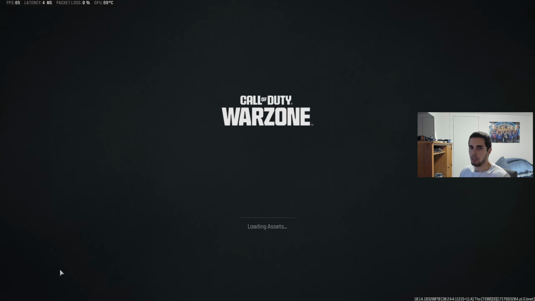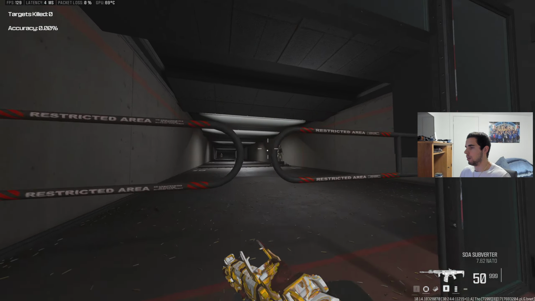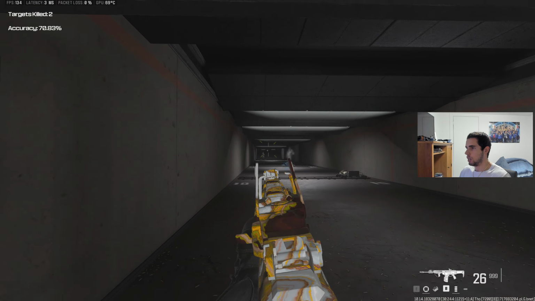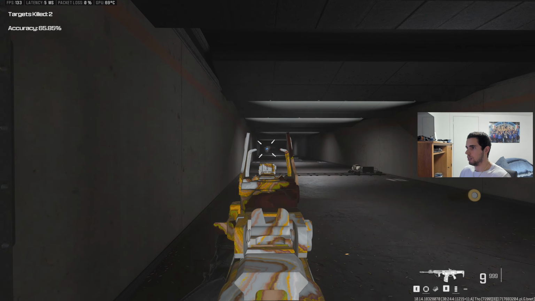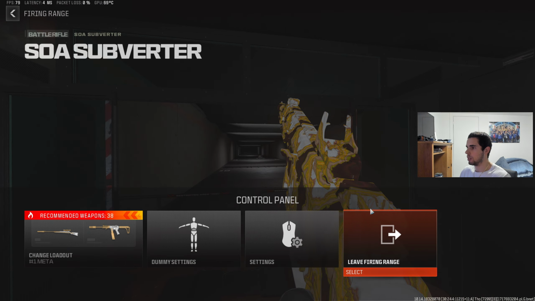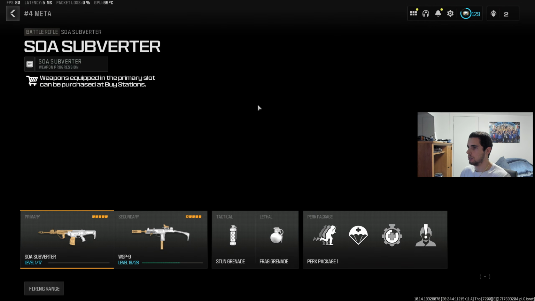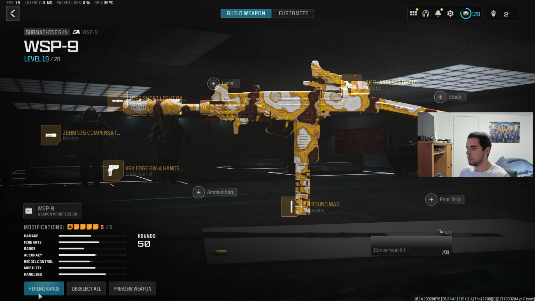But that's why you got to make the decision. Do you want to kill faster? Do you want to have more recoil? Etc, etc. With the Jack glassless, it's very easy to see. It doesn't move. Very easy to control. So whichever one you prefer. I like the iron sights. I'd rather have the high grain rounds to kill faster. And then for the WSP9 here,